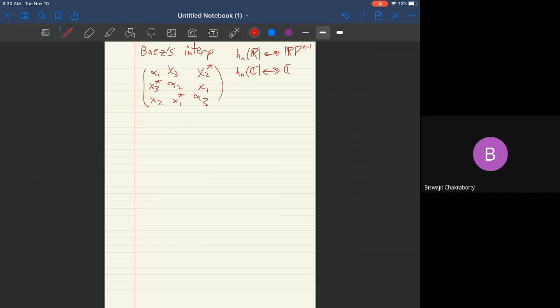I just want to get an idea across here. And for HnC, that Jordan algebra corresponds to the corresponding complex projective n-1 space, and for the quaternions, it's the corresponding quaternionic projective space, and this exceptional Jordan algebra